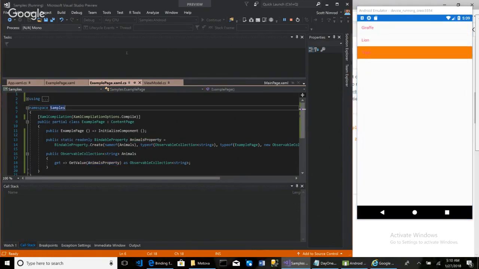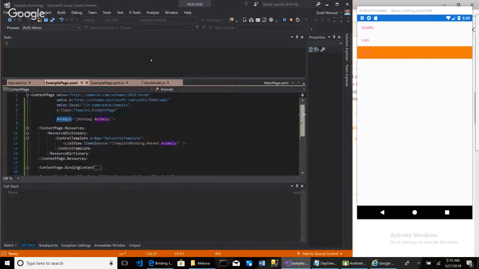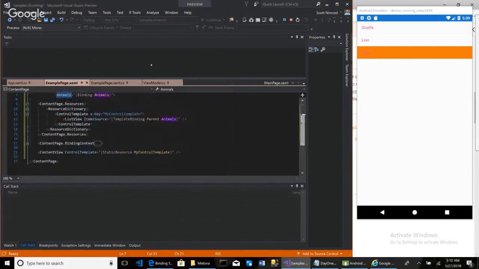And that is it. So to summarize, in order to do MVVM with a control template, you first need to create or define a content view, as I understand. That content view has a property called control template. You need to define your control template within your resource dictionary, whether it's at the application level or the page level, or if you throw it in another file, I guess that's okay too. But you need to define your control template and throw whatever elements inside it. In this case, I have a list view,